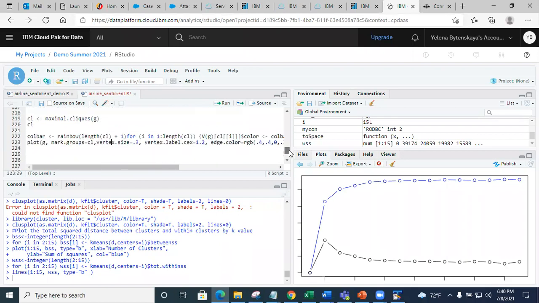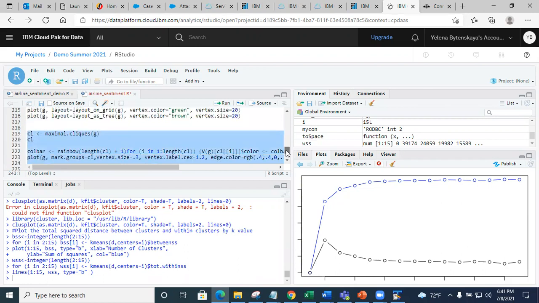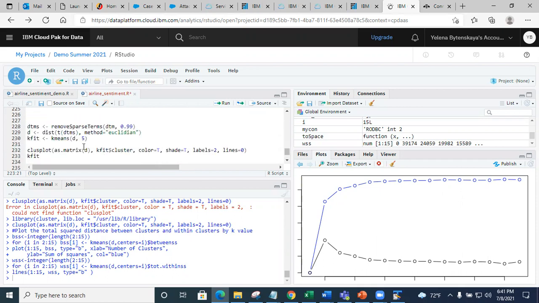So let's do it this way. There's going to be a piece of code that starts from here, this piece, and you will take your code from the sentiment analysis tutorial assignment and add this part here, okay? So this will do the visualization of this term subset, and this is for the clustering. I'm going to give you that as a gift.